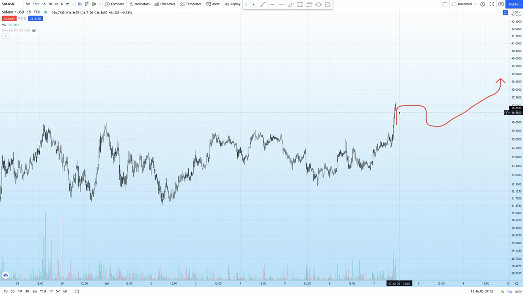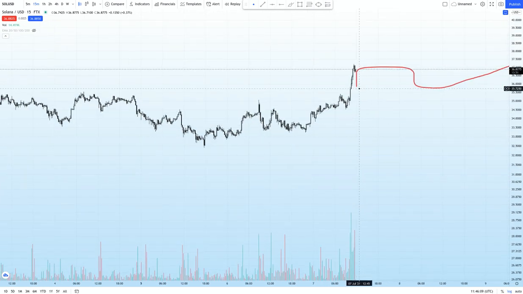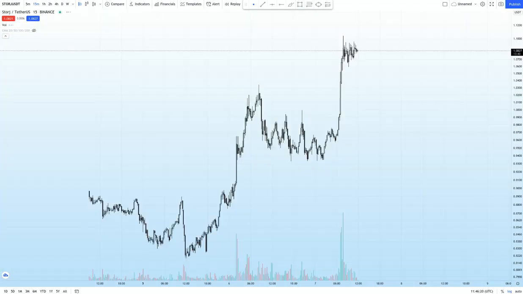So we can see that price is kind of stuttering a little on this period. As I say, there's potential for it to come down and check that resistance before coming back up and onwards and upwards. So now that we've seen what Sol is doing, we can have a little look at